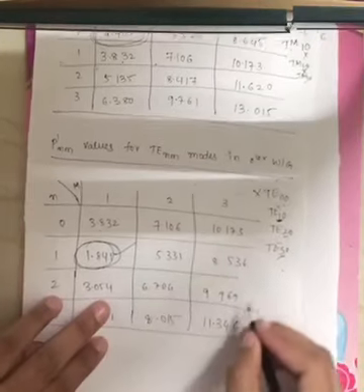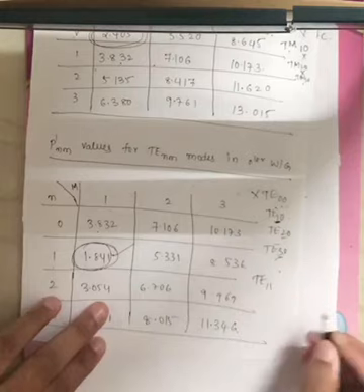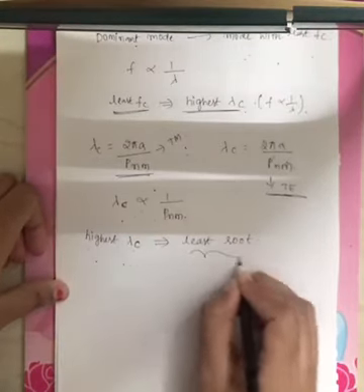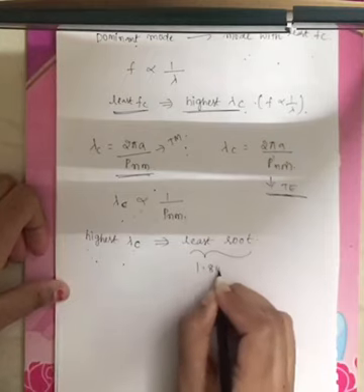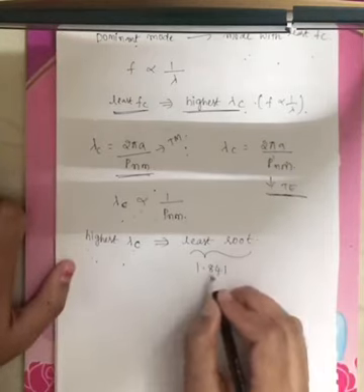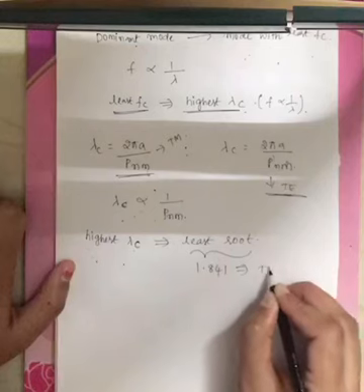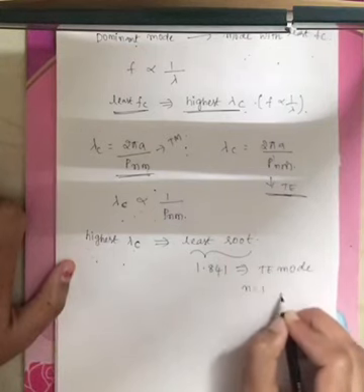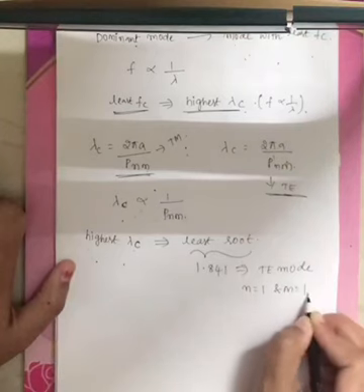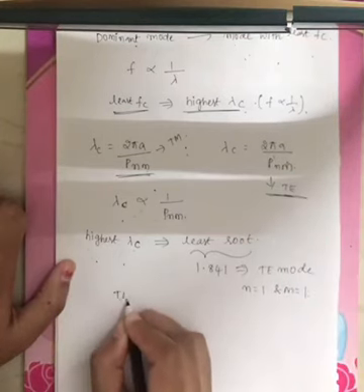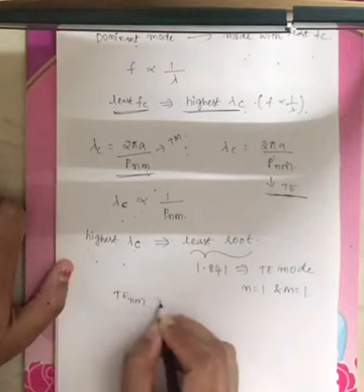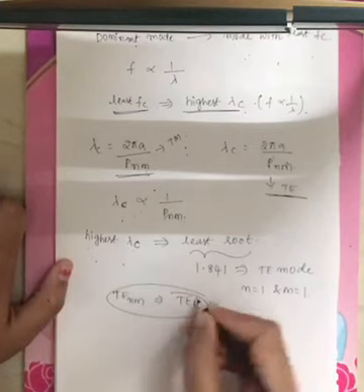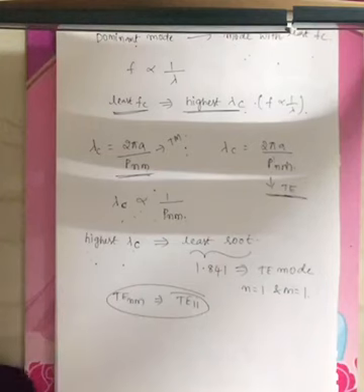Now what is the dominant mode? TE11, right? Dominant mode is TE11. The least root under both tables is 1.841, and this is for TE mode of propagation with n equals 1 and m equals 1. Now the TE-NM representation indicates TE11. The dominant mode in a circular waveguide is TE11.